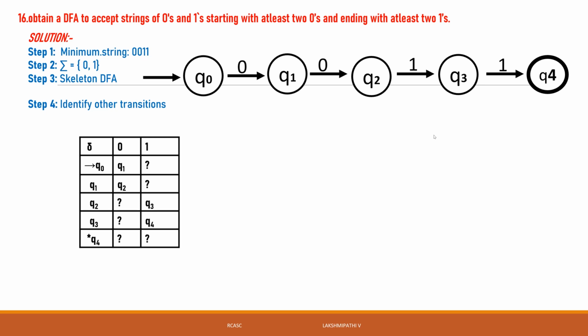See how the machine will move between states. For example, the machine is in state Q0 and reads 1. Think about where it will go. We have Q0, Q1, Q2, Q3, Q4. The condition in the question itself is that the string starts with at least two zeros. For example, the string starts with two zeros. At Q0, in the starting state, if a 1 comes, the string is not accepted by the DFA we designed. That's why we need to show Q0 of 1. Where do we need to show it?